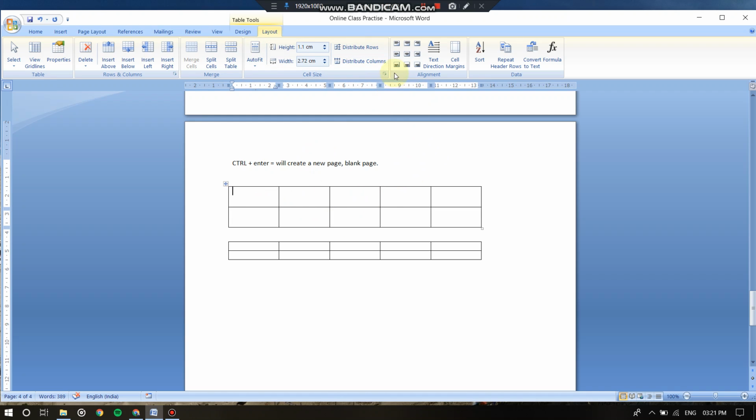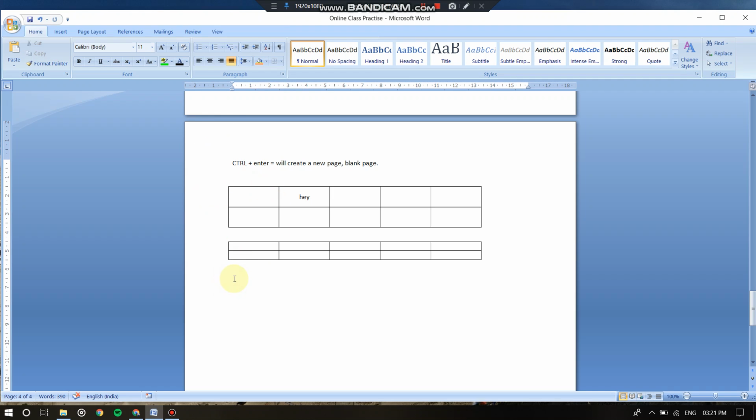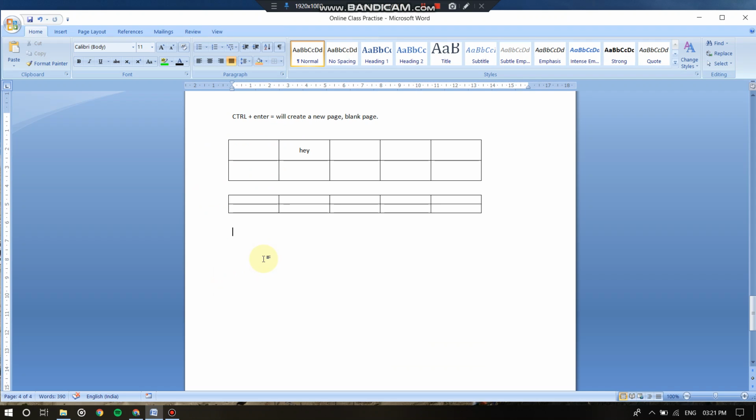Okay, the rest you can just explore, like what are the things that you can do over here. If you have typed here, how do you want to view your text inside your cell? This is the alignment of the text: center, bottom, top, left, right. Text direction, cell margins, you just go through it. Hope you are clear with it. Any doubt, you just ask the teacher as always. This is how you insert the table in number 1 way. Okay, the next is